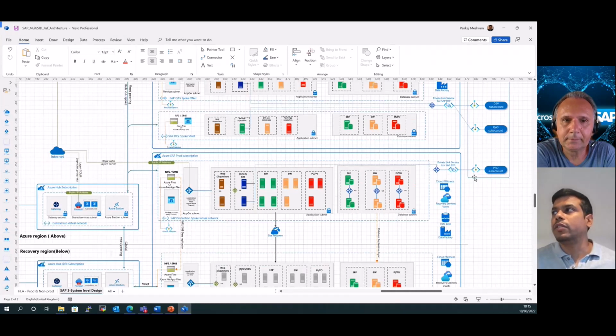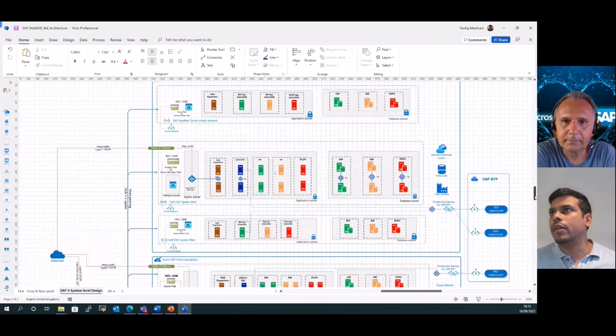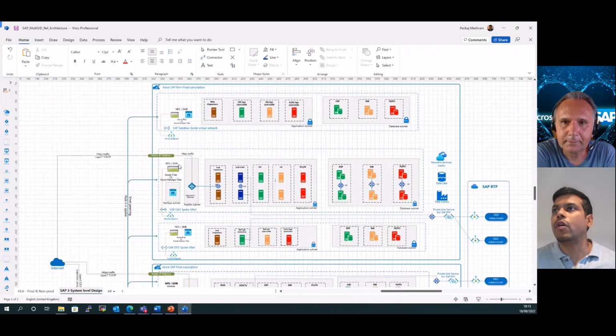Again, not just a production system, but if I go a little bit up, you will find another subscription which is covering all the non-production systems. And we are also putting a documentation to that, explaining the architecture and what are the different